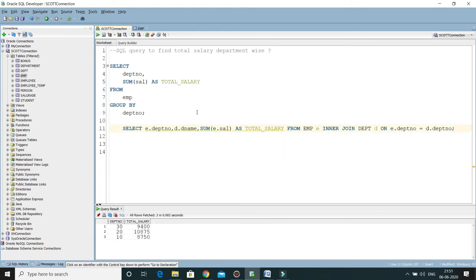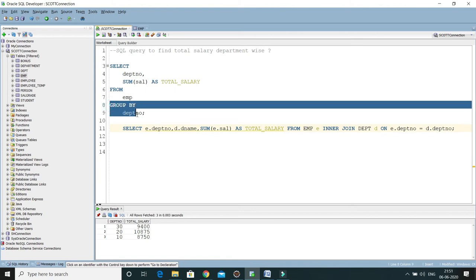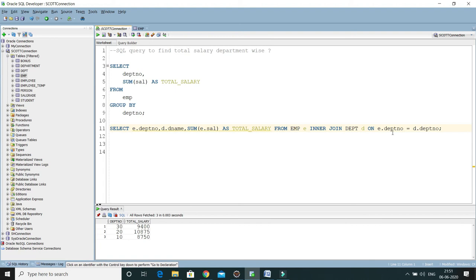Now here again you have to specify the group by clause. Earlier we were selecting only the department number, so that's why in the group by clause I had added only the department number. But now we want to apply the aggregate function on both of these columns, so I have to specify both these columns.